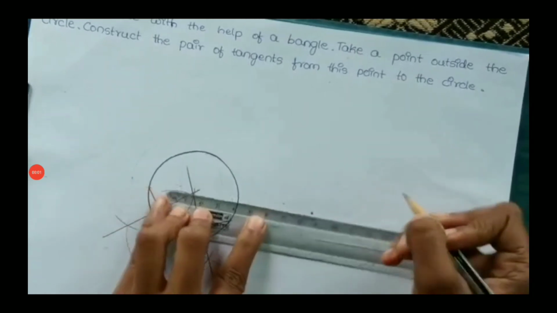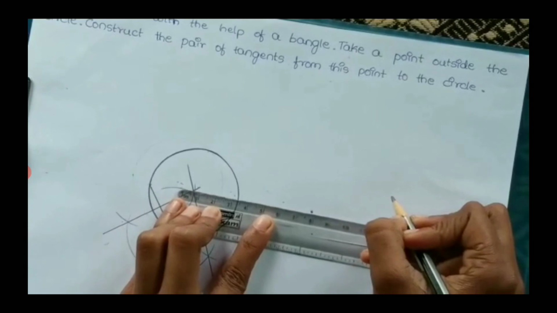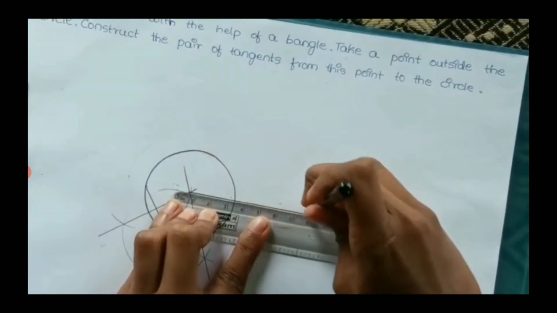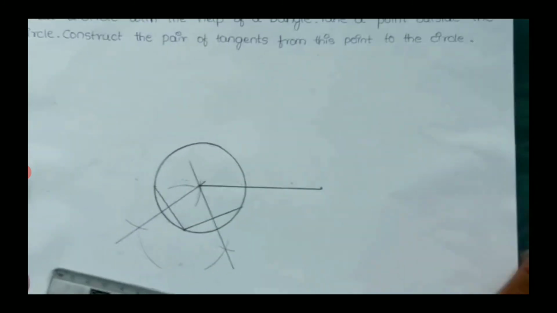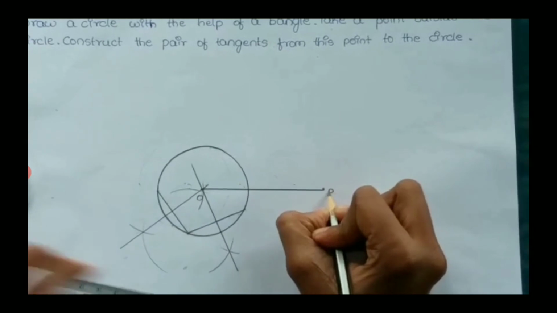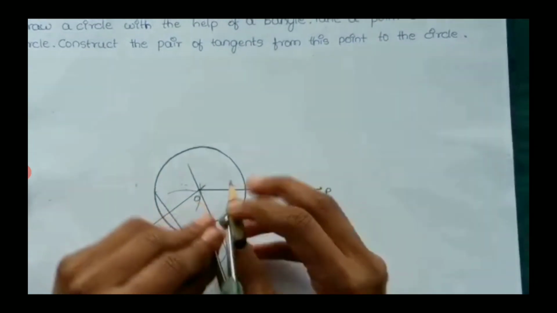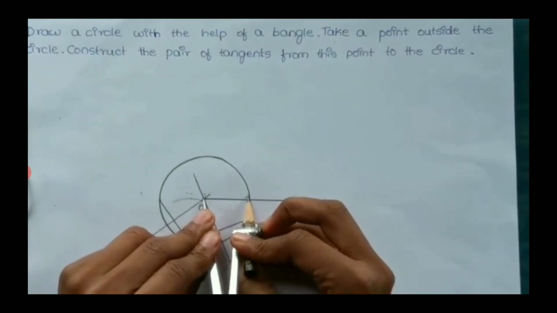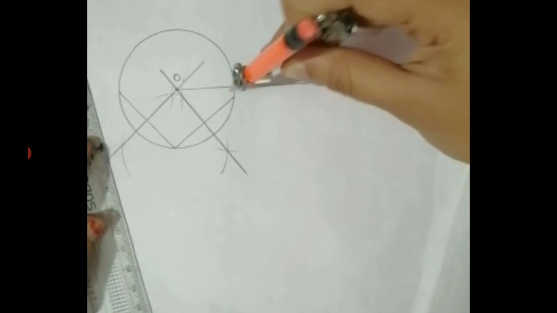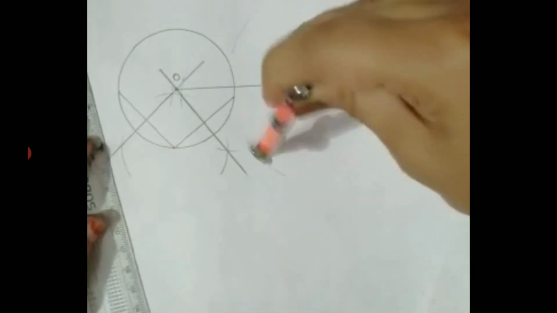Take a point outside the circle. You take a point at any distance from the center of the circle. Now you join that point to the center. That is the center, and this is the external point you have taken outside the circle. Now you draw the perpendicular bisector to the line OP, which joins the external point and the center. With P as a center,